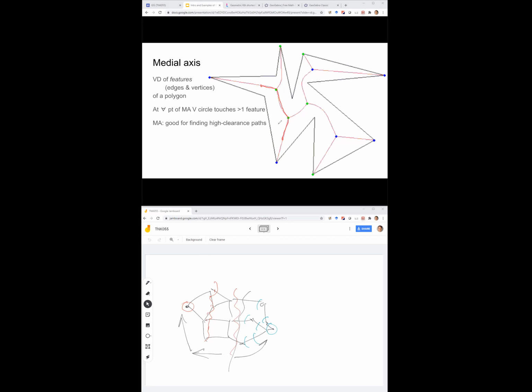Why? Well, if you are anywhere not on the medial axis, like at this point, then here is the closest feature. You're kind of too close to the wall. And the question is, can you actually be further from the wall? And you say, of course, yes, you can move this point over here. Again, you have the same wall which is closest, but now you're a bit farther from the wall. But if you get to the medial axis, well, here is how far you are from one of the walls.